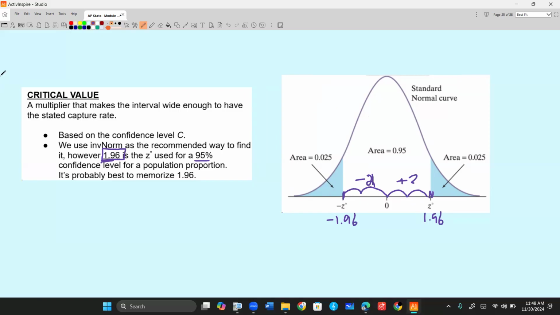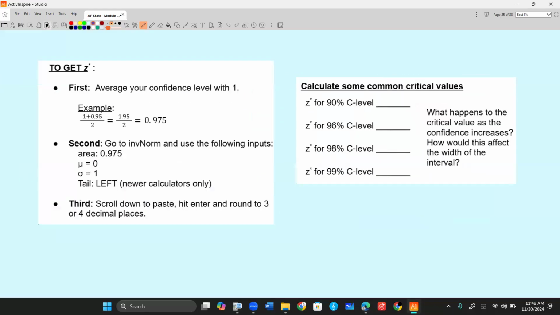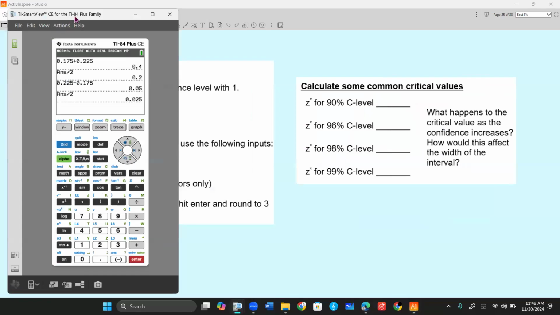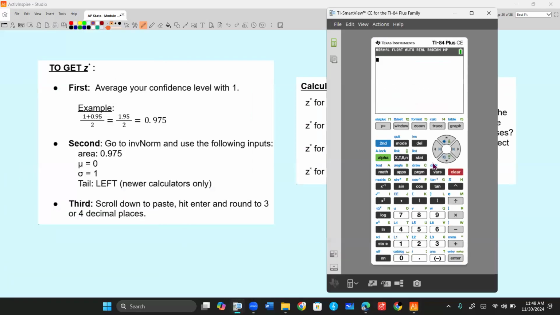Well, how do we get that? We don't want to sit there and try to estimate those for all of them. We use the normal curve. Specifically, we're going to use the inverse norm. So let me show you on Newton calculators first how to get that, because it's actually easier. If you have one of these TI-84 color editions, pull it up, go to second vars, go to inverse norm,